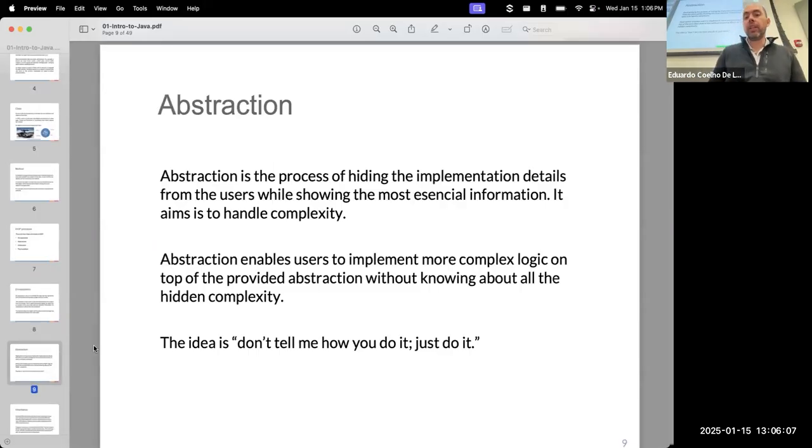You also have the concept of abstraction, which is the idea of saying that you want to use just the bare minimum to specify what you need to do. You don't need any more specific details on how that given thing is actually going to be performed. For instance, going again with that idea of the vehicle, every time that you want to invoke a method, you just need to know how to invoke the method. You don't actually need to know, for invocation purposes, how it's actually going to be implemented, right? So that's kind of the idea